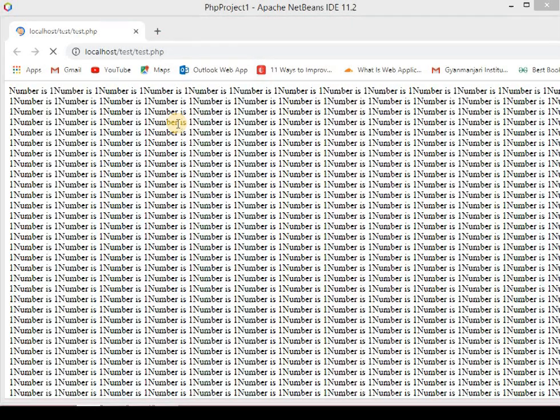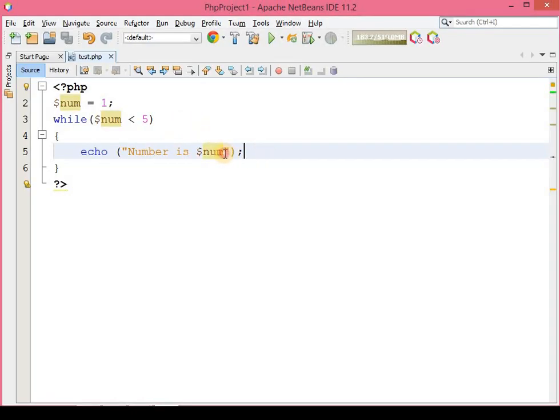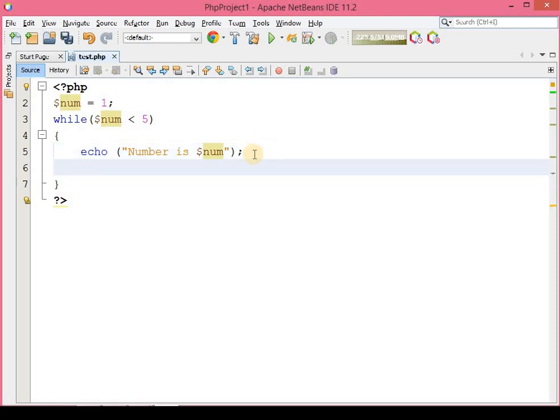So why does that happen? Because here we haven't put any terminating condition. For that purpose, what you need to do is increment the variable number using this unary increment operator. So what will happen? First time the condition is true, number is 1, and whenever it executes the first time, it will become 2.